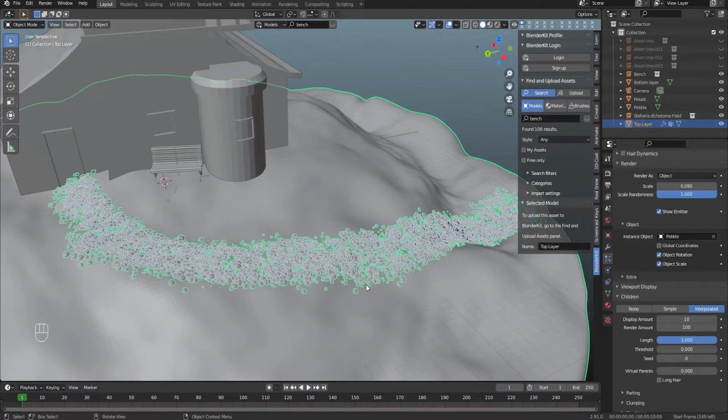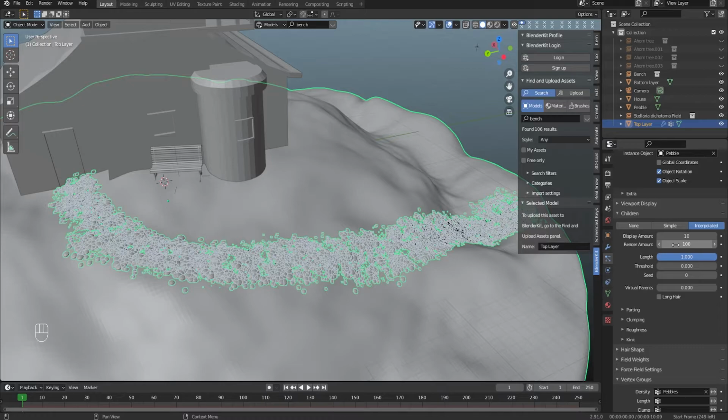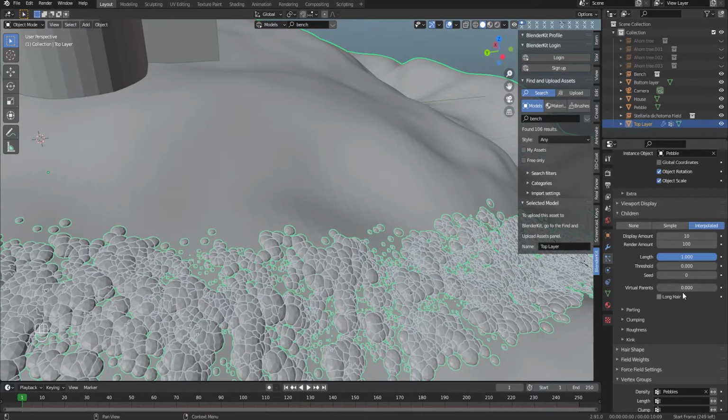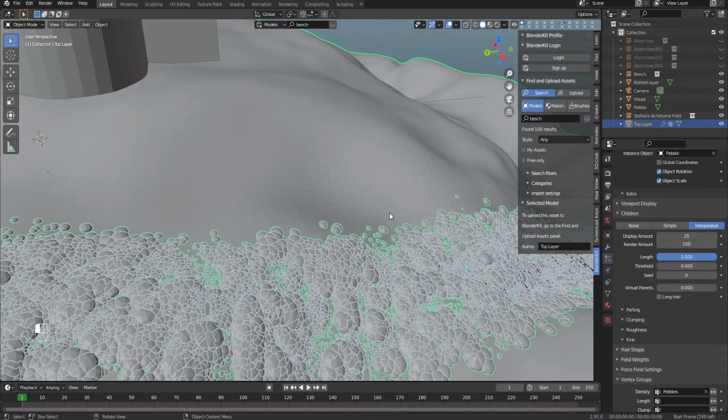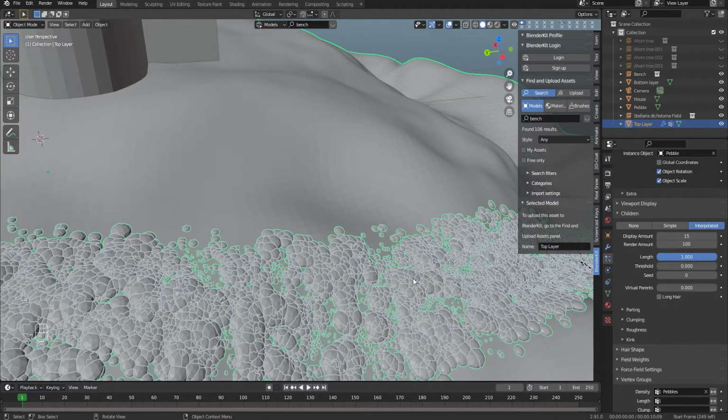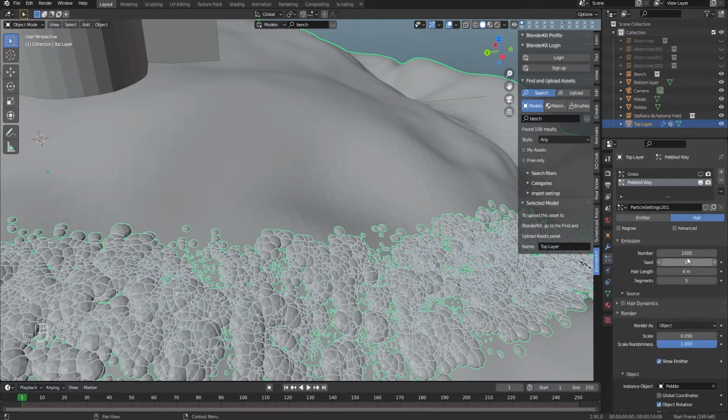It's more densely distributed along the way. Now one thing, for the display amount, you can see it's 10 right now, but for the render the amount is set to 100, so that will be a pretty dense mesh. So let me see how it's looking when I crank it up to around 25. That's way too much. Let me crank it down to about 15, and yeah, that's good. And another thing, I also don't need 1000 particles. I will set it down to around 600,